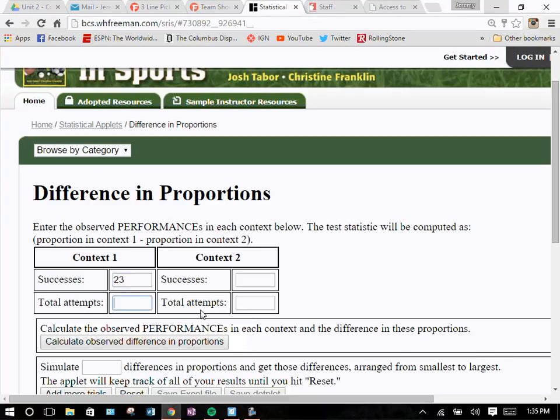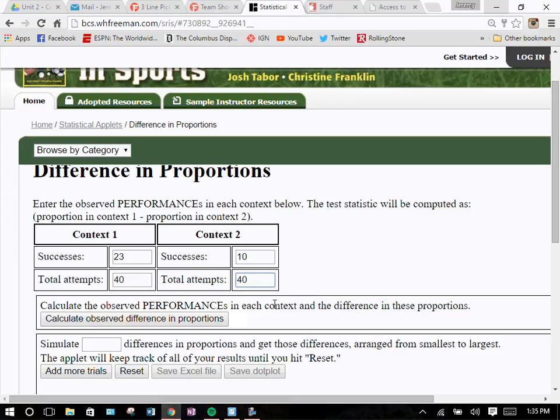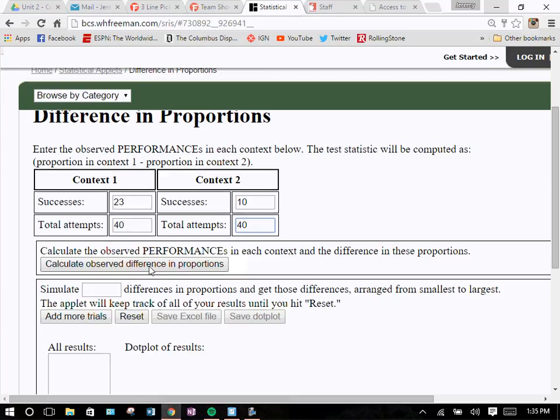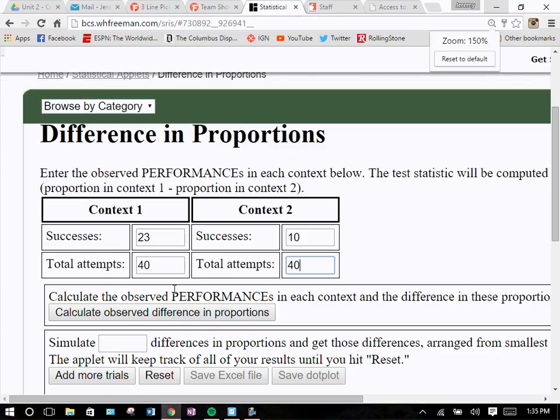How many total attempts, meaning total home games, did they have? 40. And for context, 2 is what? Our road games. So how many road wins did they have? 10. And then how many total attempts did they have? 40. So what I want you guys to do, before you do anything else, is click calculate